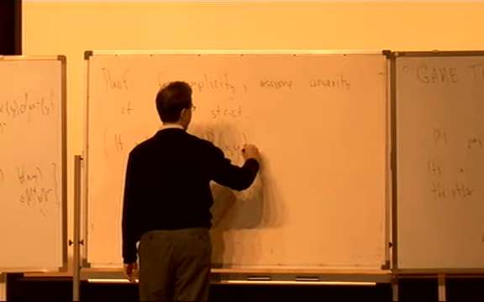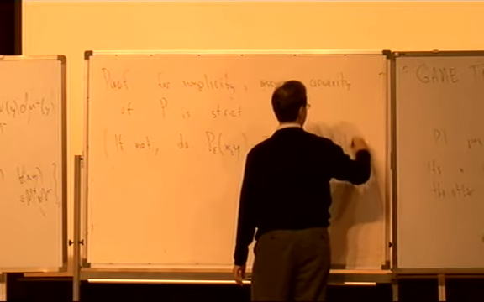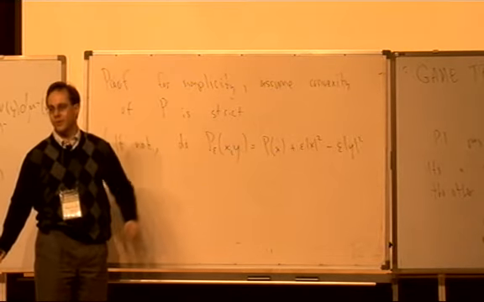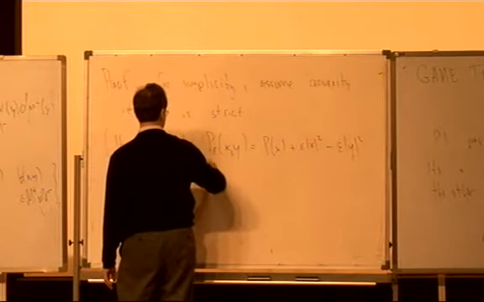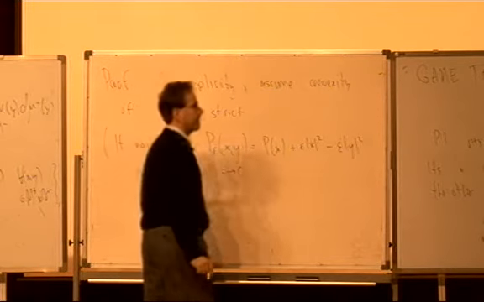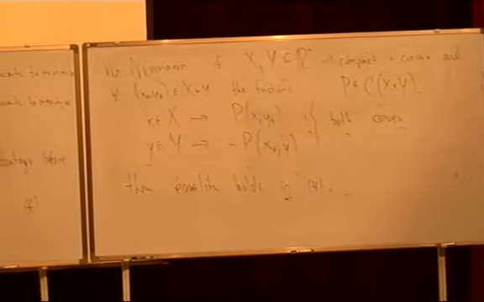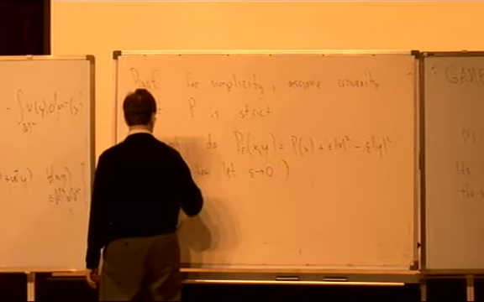Instead of p, I'm going to add epsilon x squared and subtract epsilon y squared from p. Then the convexity will be strict. I'll prove the theorem for p epsilon, and then I'll let epsilon go to 0. Right, p is supposed to be continuous here. And so as long as the convexity statements about p are strict, then the best response functions